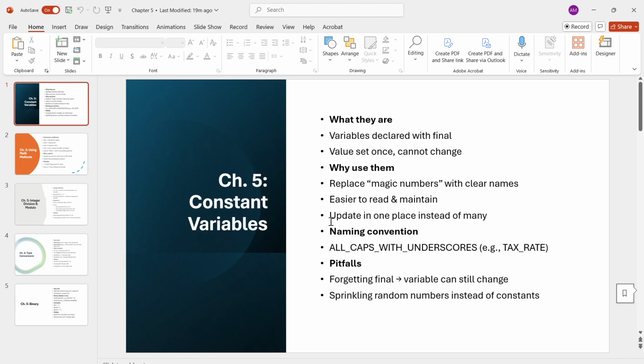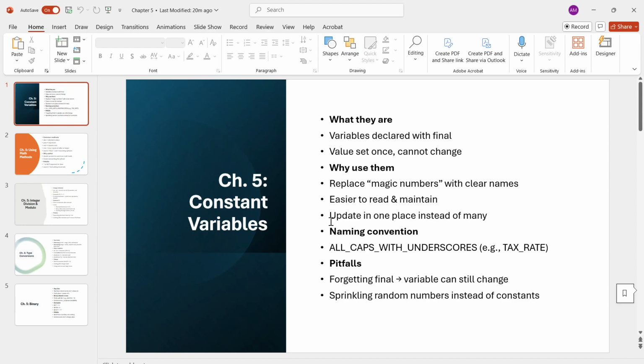So in Java we often use the keyword final to declare a constant. A constant is just a variable whose value doesn't change after you set it once. The idea is, if it's marked final, the compiler won't let you accidentally change it later. By convention, constants are all written in all caps with underscores. For example, if we want to keep track of sales tax rate, instead of saying